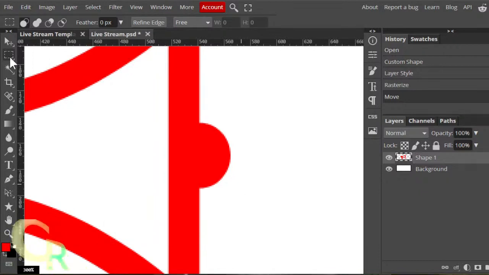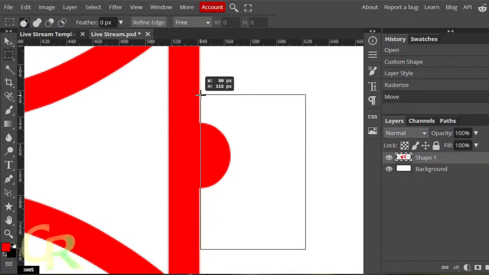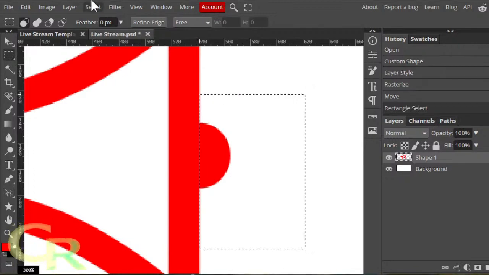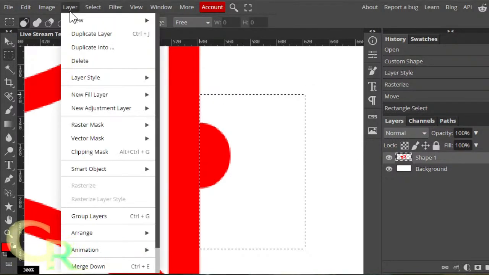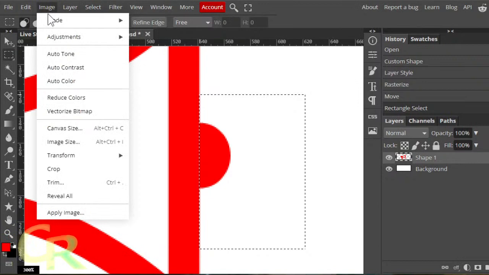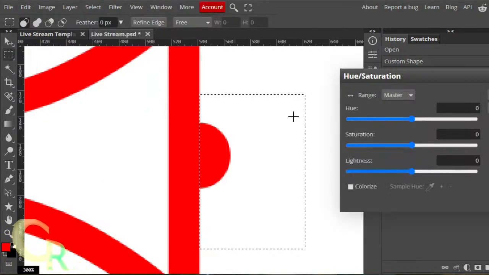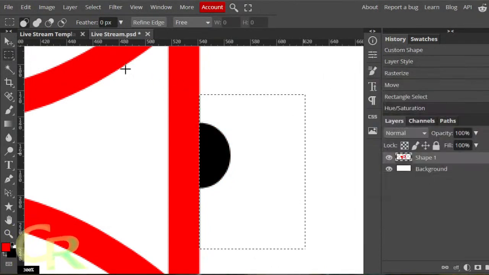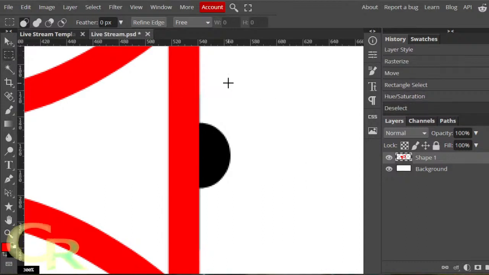M is the shortcut key. Just kind of select this half circle right above. Yeah, about there. I should be able to use hue and saturation to change just that. Change it so it's black. Or no color. Well, all color, I should say. No color is actually white.